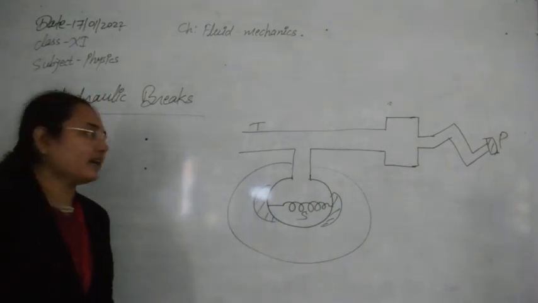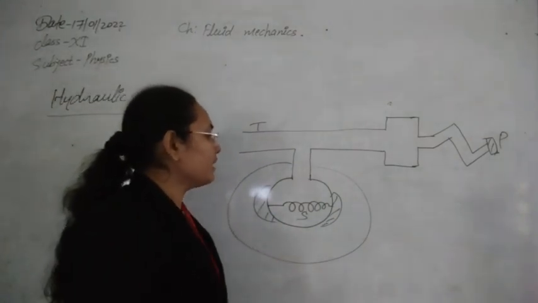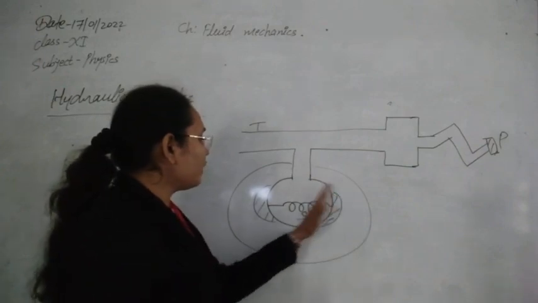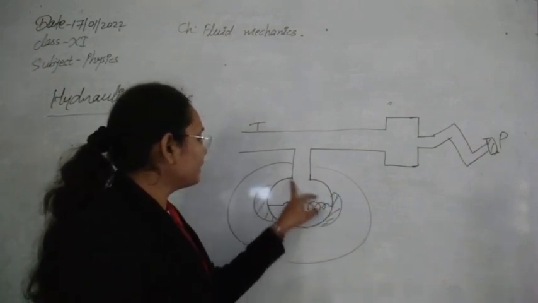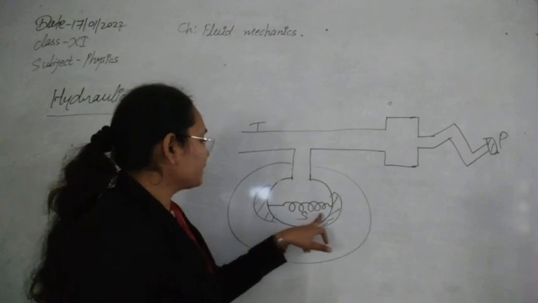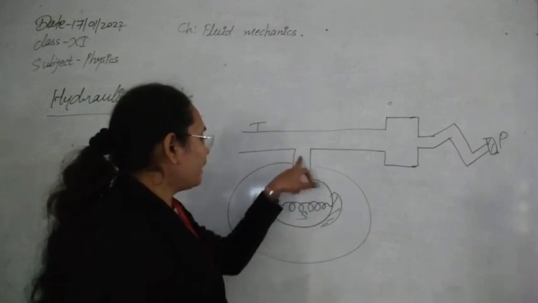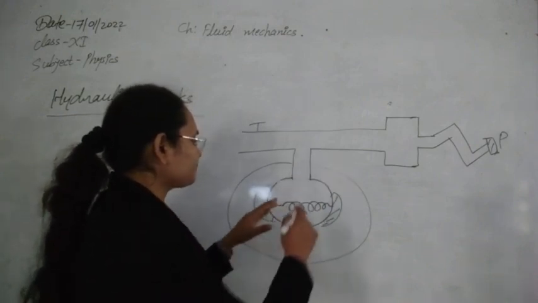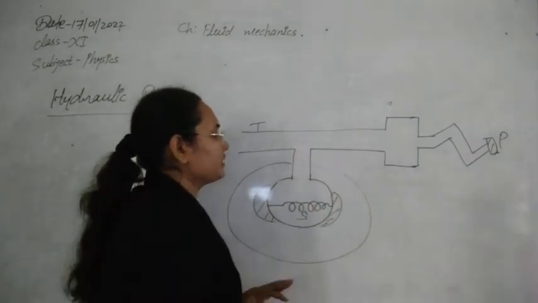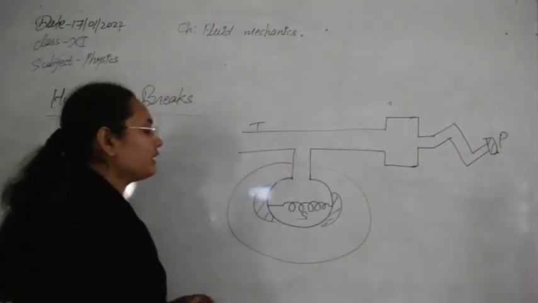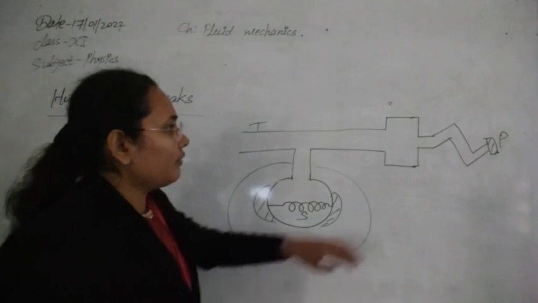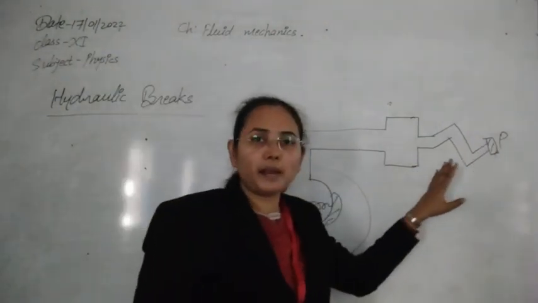So this is a very rough diagram for the case of hydraulic brakes. This is our wheel, and these are the two brakes that we have. Here we can see a portion that is connected with a spring, and in this spring, obviously, all of the things are applied.